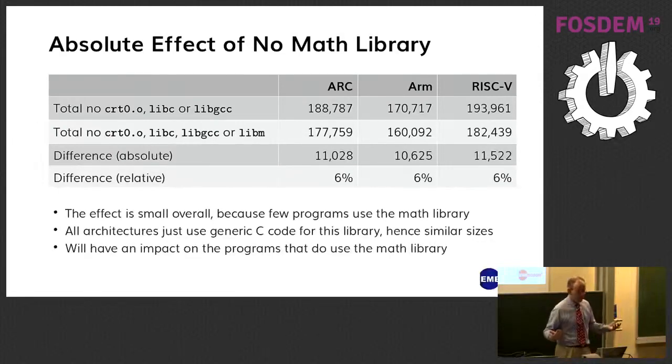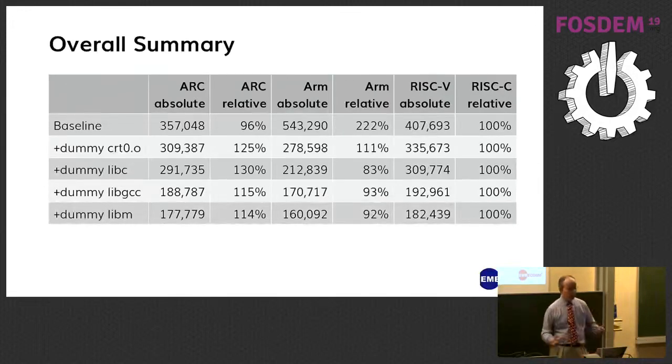The math library basically accounts for 6% of the total code size. It's the same for all architectures. Almost certainly everyone's using the same C math library, just compiling it, so it's going to be proportional, it's all going to come at 6%. But it's still a block of pre-compiled code, and if we're looking at the effect of the compiler, we ought to take it out. So if we look at the overall summary, we have the figures at the top for